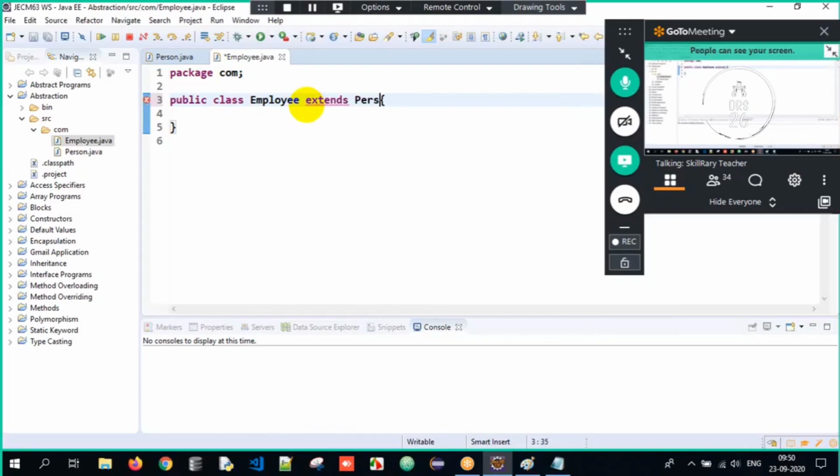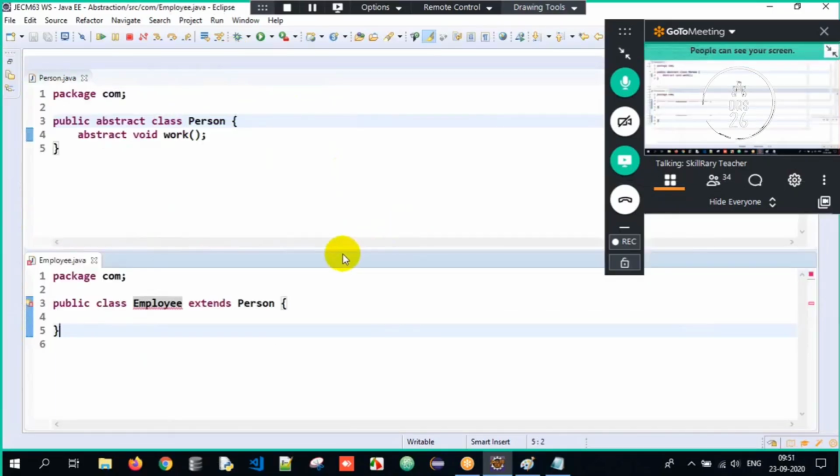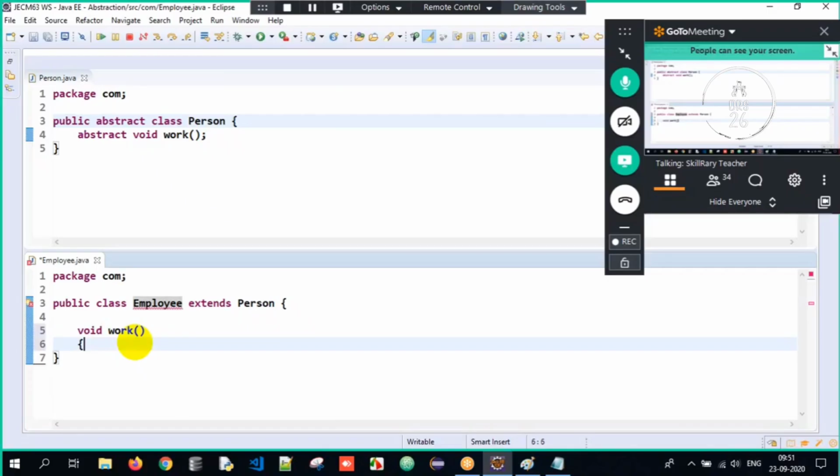So extends Person is the relationship. But this class has a problem. Why? When we achieve an is-a relationship from class to class, it is extends. But when a class is inheriting an abstract class, we have to mandatorily override the abstract method. Therefore void is the return type, work is the method name, open curly braces, close.